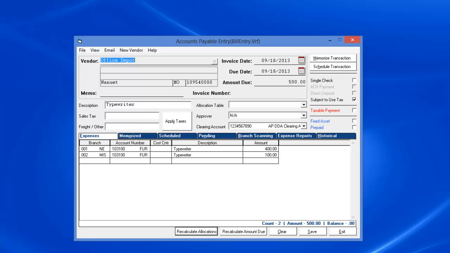Accounts Payable also allows you to allocate use tax across multiple branches. For example, this is an invoice for Office Depot of a total amount of $500. The user wants to allocate $400 to a branch in New York and only $100 to a branch in Mississippi, and to assign a separate use tax record for the amount in each branch. Once the user is finished keying in the invoice, click Save,